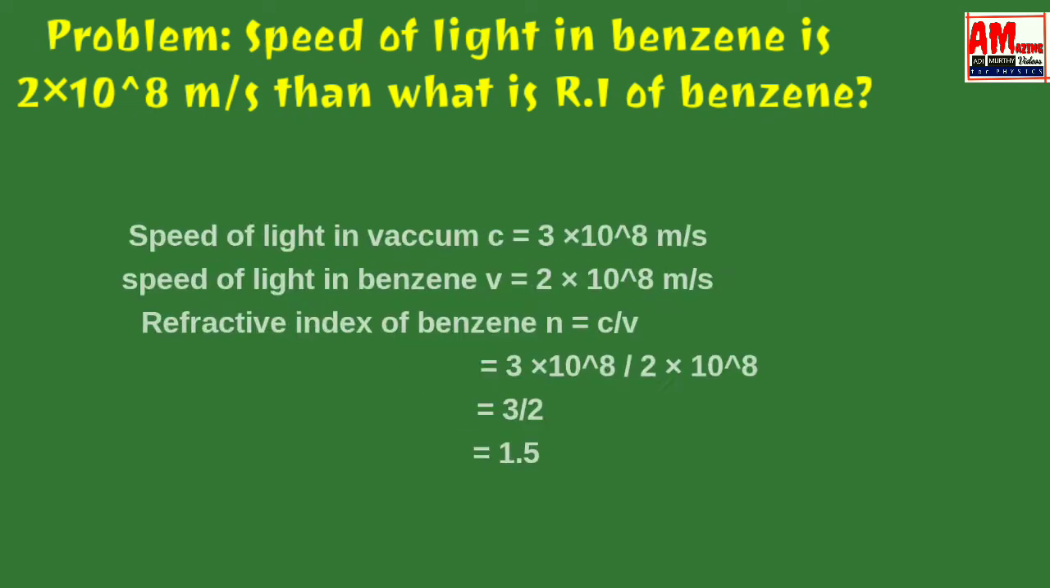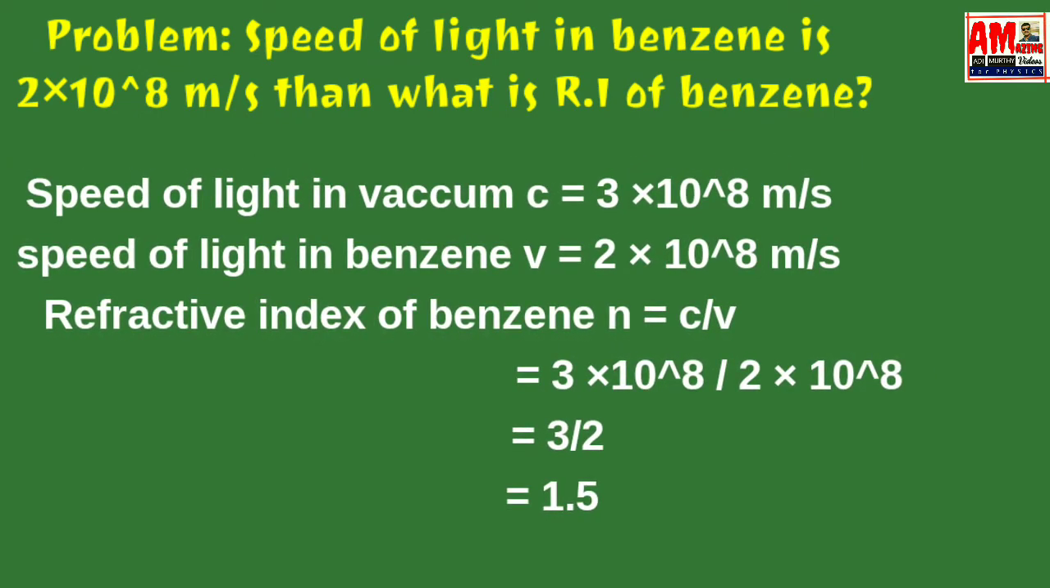Let us solve a problem relating to refractive index. Speed of light in benzene is 2 into 10 to the power of 8 meter per second. Then what is the refractive index of benzene? Values given are speed of light in vacuum C is equal to 3 into 10 to the power of 8 meter per second. Speed of light in benzene V is equal to 2 into 10 to the power of 8